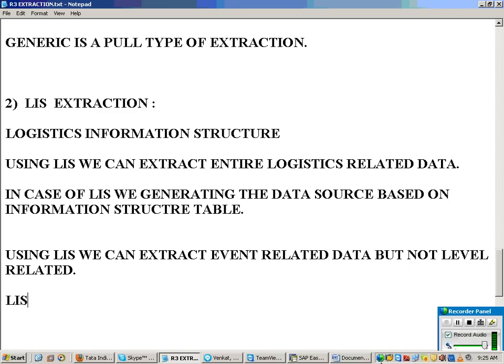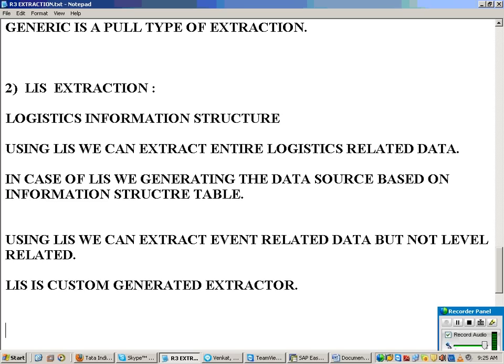LIS is now a custom generated extractor. It's not custom defined, it is a generated extractor. And the other part is, LIS is a push type of extraction.